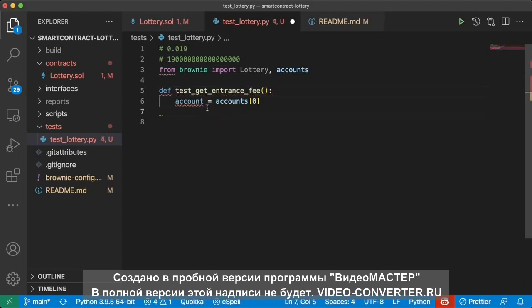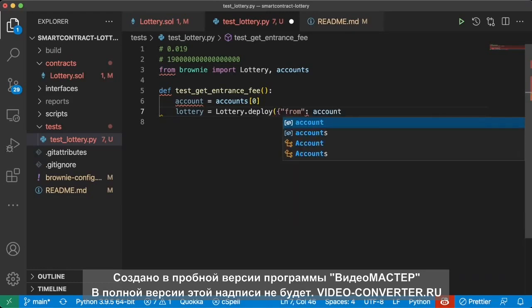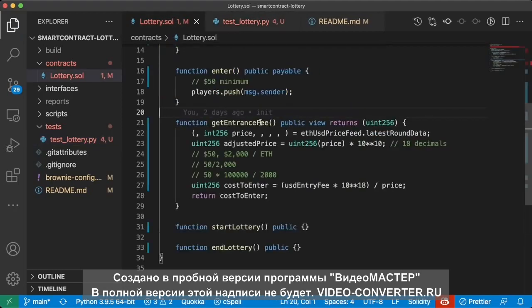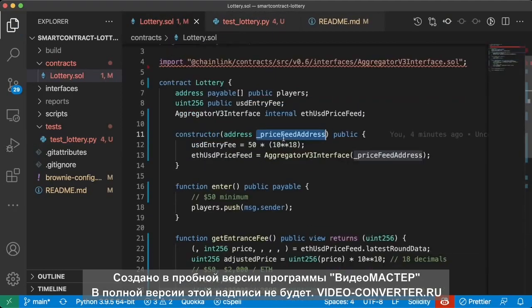Let's just start with def. Then we'll do lottery equals lottery.deploy from account. And of course, we have a parameter here of our